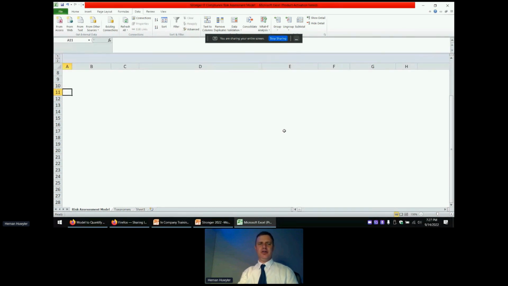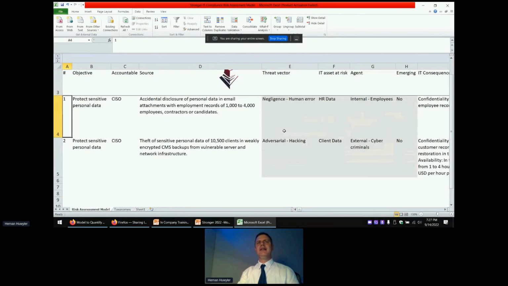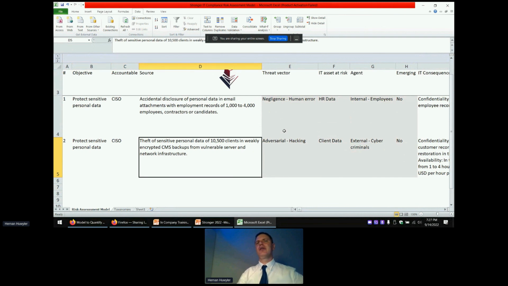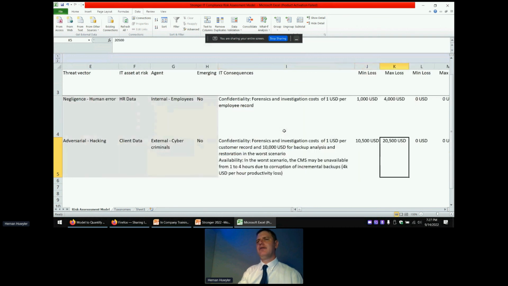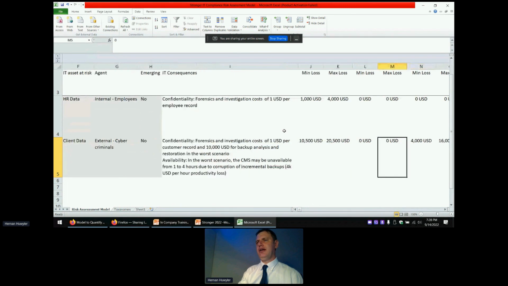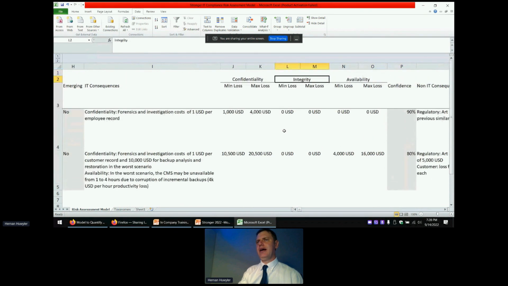And let me just go to the last case, where we have an adversarial threat. It will be a hacker that is accessing client data because we are not encrypting and protecting a backup server and the infrastructure to use the backup server. So you can think about a scenario where the server will be unavailable because of the attack.